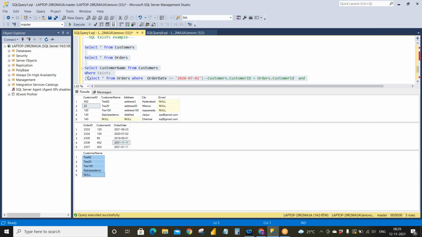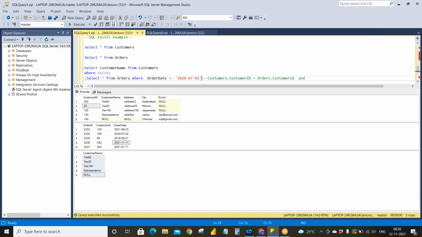Still, as this subquery is true, it is giving all the data from the customers. Depending upon your requirement, in some cases this data is correct, but in this case it is not correct because these orders are not tagged to those customers. Understood? If this condition is satisfied, I should get this output. That is what we are saying here.